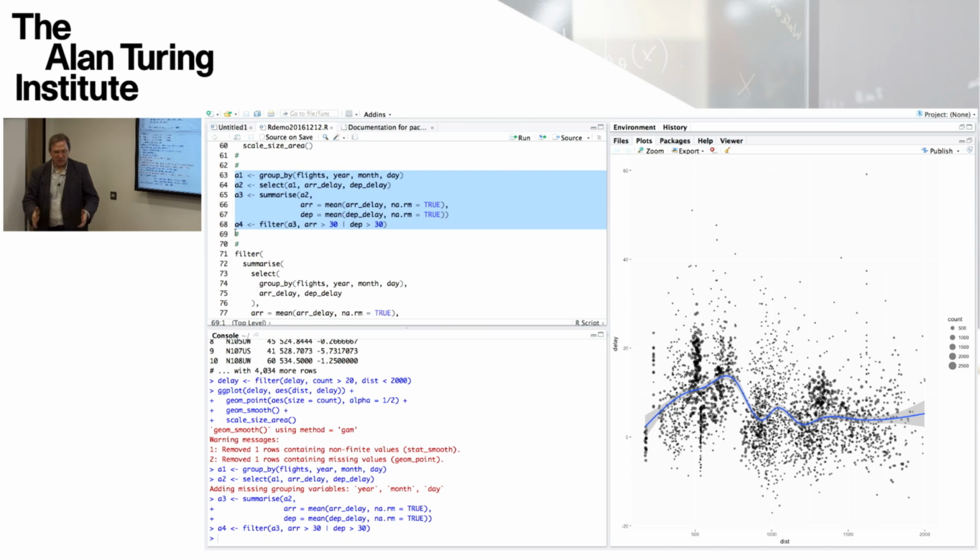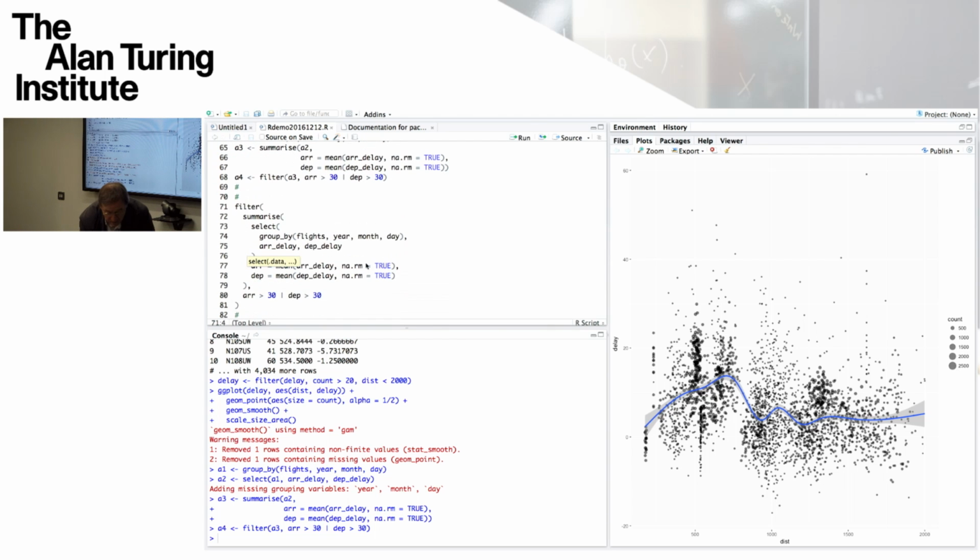And a lot of data wrangling tasks end up building lots of temporary data sets like this. And it gets messy. You have to think of a new name each time and you have to keep track of all these names. It's a bit of an inelegant way of presenting things, although lots of our code is done like that. An alternative to that would be to use the method shown here.